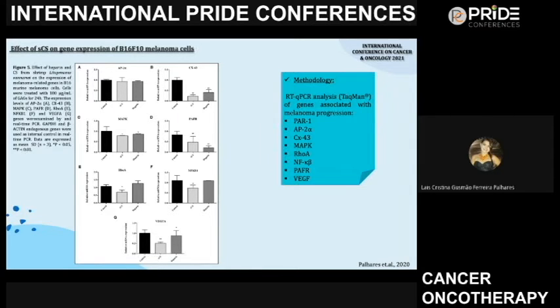And in the case of VEGF-A, it encodes the vascular growth factor VEGF, which is the main factor that helps to promote angiogenesis, which is important for tumor metastasis. But unfortunately, we could not see a significant modulation in the expression of AP2 alpha, which is a transcription factor that is responsible for modulating the expression of PAR1, which was the thing that we're mainly interested in here.